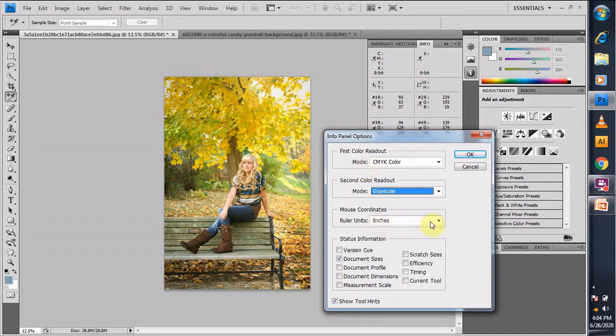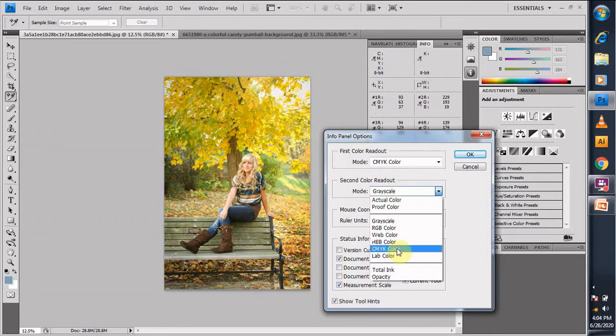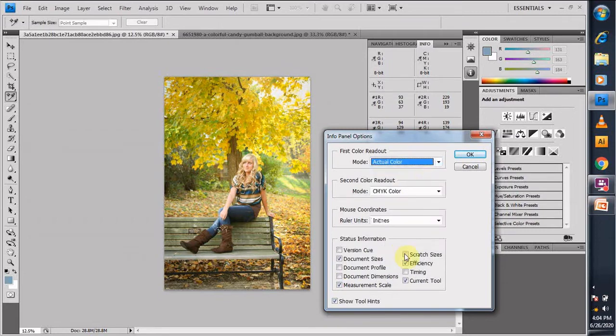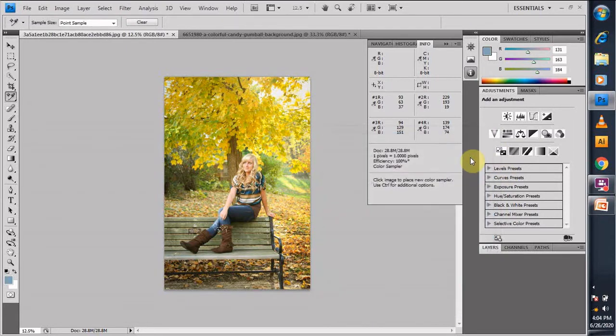Now these are the ruler units you can use, and whichever status information we add, it will show up as soon as we move the color sampler. See, and if I click, I'm taking it back as CMYK and making it normal like it was earlier, and I've added some options over here, clicked on some options over here, and I click OK, and you see your options whichever we have clicked are showing over here. So this is the work of your color sampler tool.